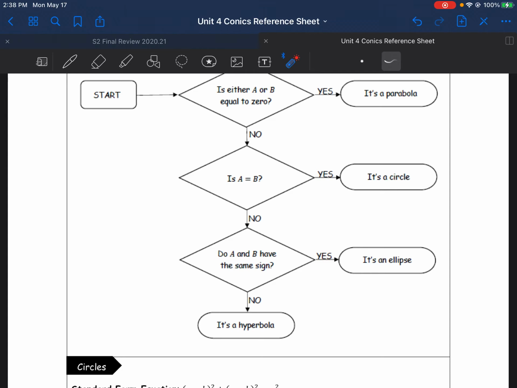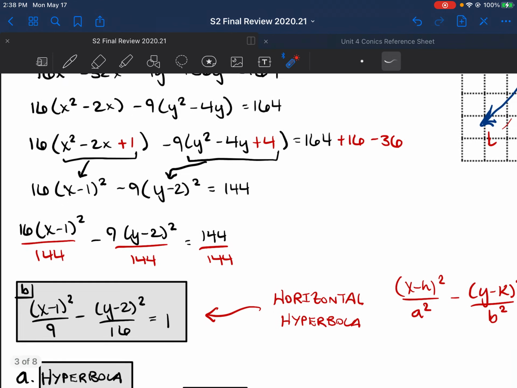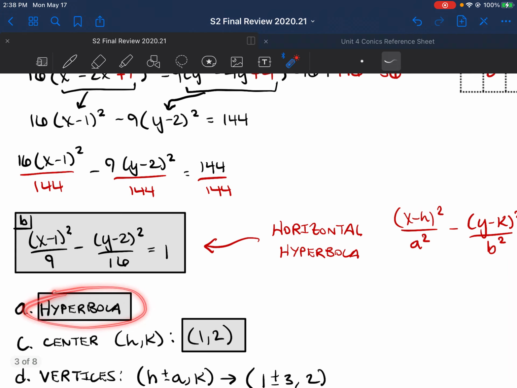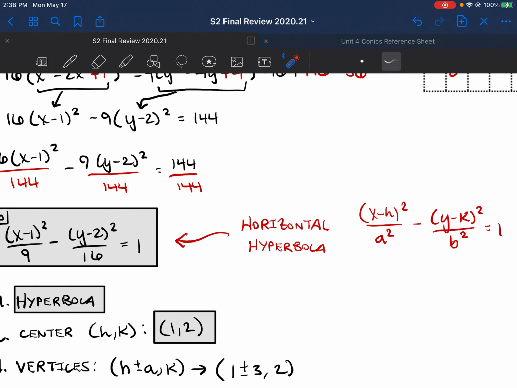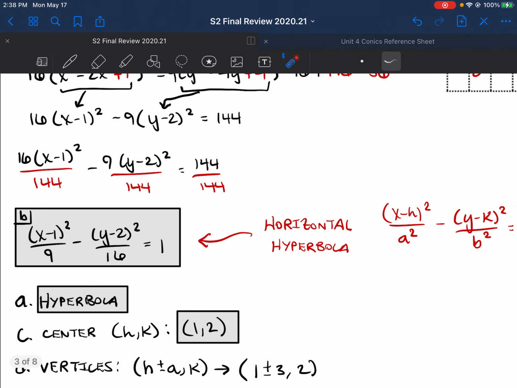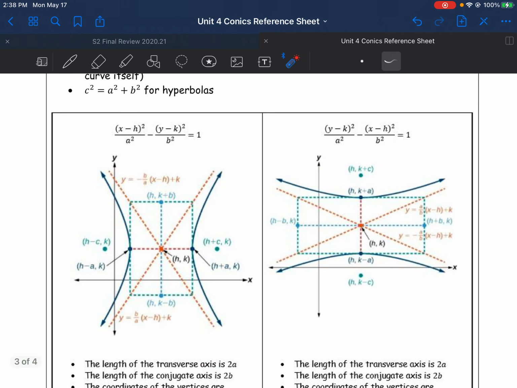Okay, so the flow chart would have helped us classify the conic relatively quickly. So we know it's a hyperbola. We use completing the square to get the standard form equation. And one thing to notice is that I know it has to be a horizontal hyperbola based off of the standard form equation. I know this because if I look at my formulas for hyperbolas, right here, I notice that